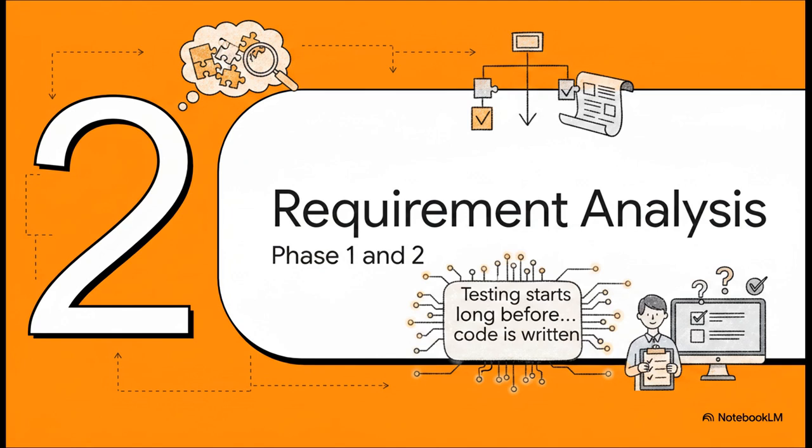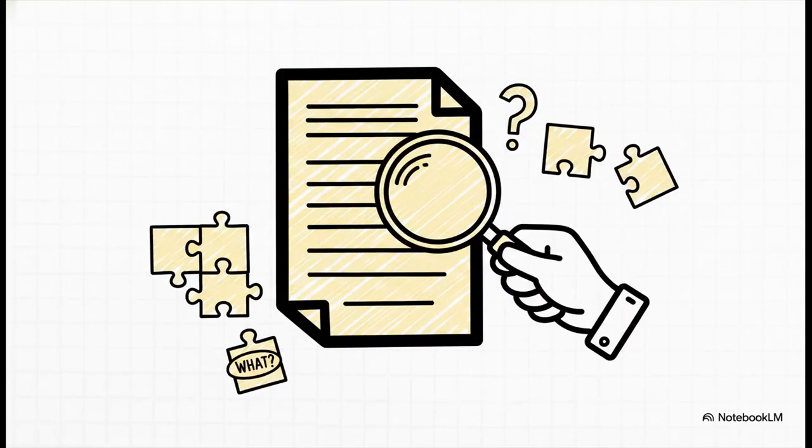This covers phases 1 and 2. This is the very beginning of the pipeline. And what's fascinating is that testing actually kicks off long before a single line of code is ever written by the developers. Phase 1 is requirement analysis, which is all about figuring out exactly what needs to be tested based